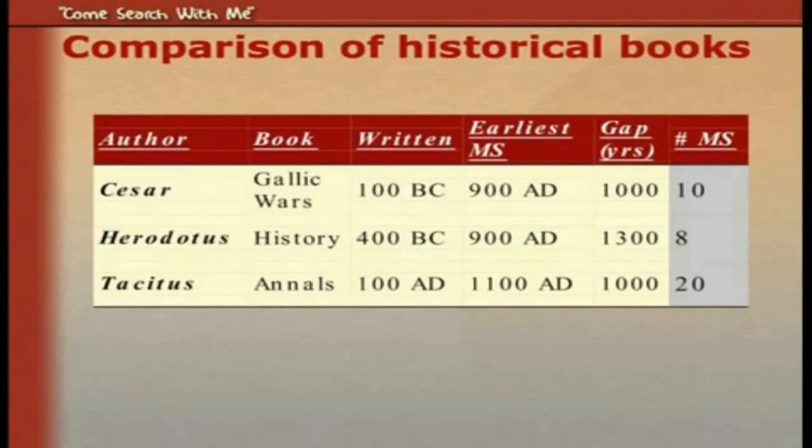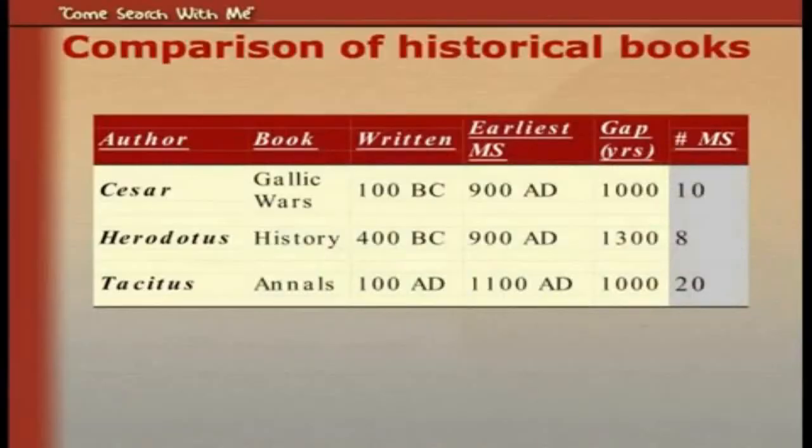Now, what I did was, we acknowledge and accept books today in libraries of the universities as historical writings. Nobody questions them at all. For instance, Caesar's Gallic Wars. But look when it was written, 100 BC it was written, and the earliest manuscript we have of that event is dated 1900 AD. There's a gap of 1,000 years in which we don't know what was in the writing. And still we accept it clearly as historical.